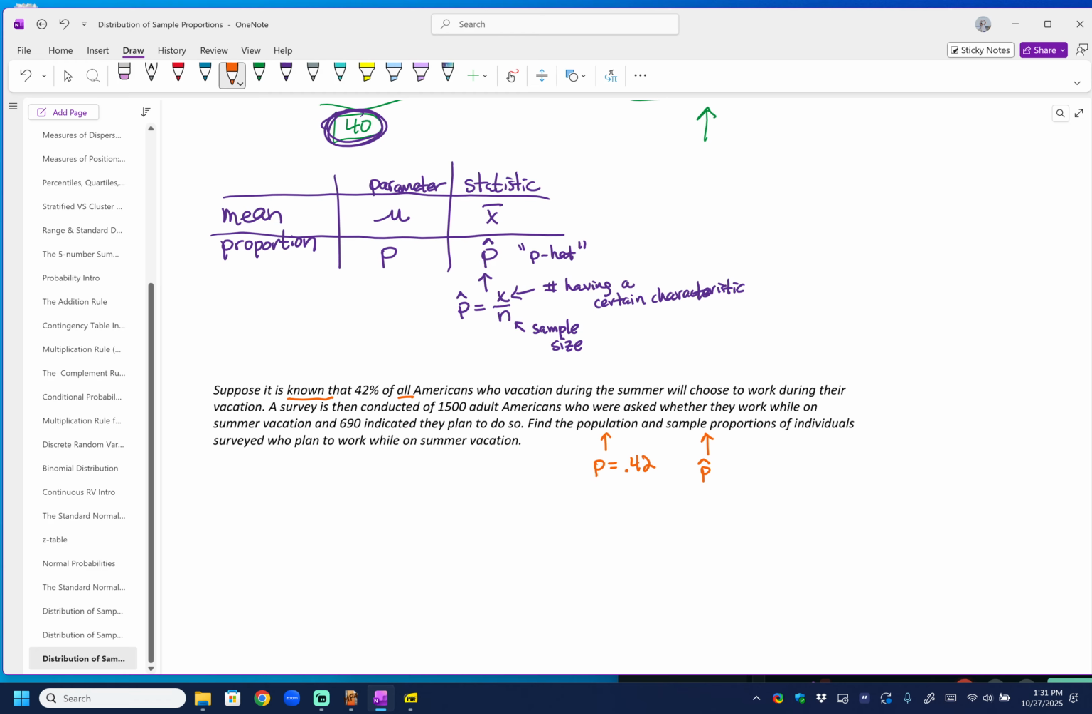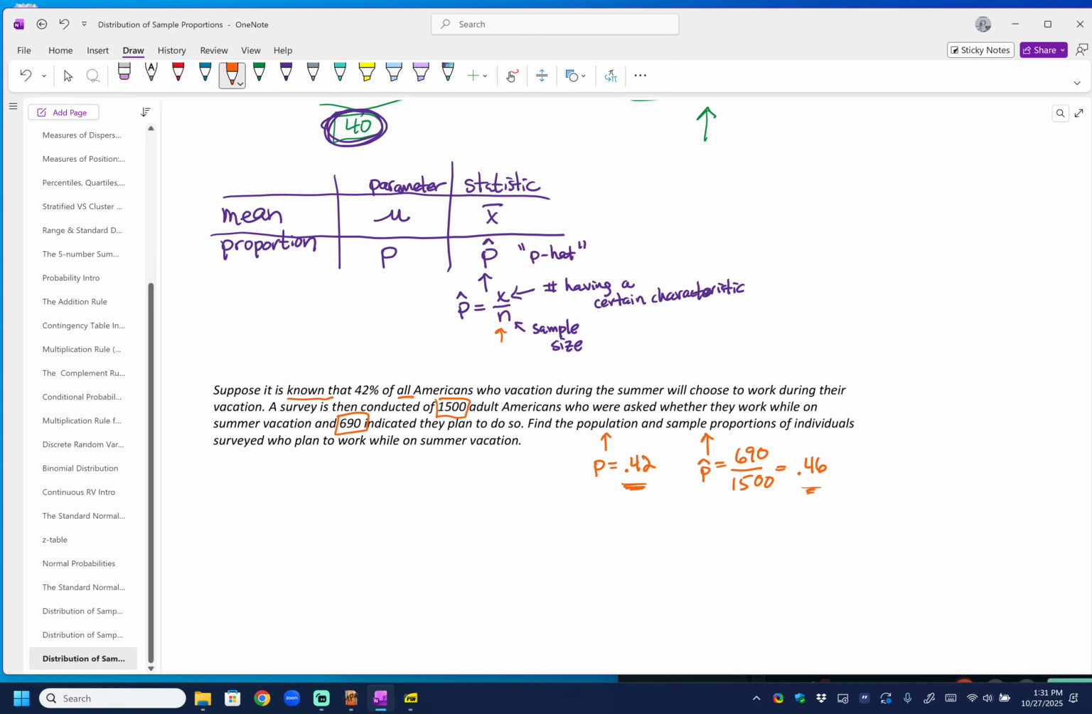Well, if a survey is conducted with 1,500 Americans and 690 indicated that they will work during vacation, then we're using our formula x over n right here. So we're just getting 690 out of 1,500, which is going to give us 0.46. And similar to how the sample mean was often not the same as the population mean, it's the same thing here. 42% are known, or 0.42, whereas the sample yielded 0.46, or 46% of Americans choose to work during